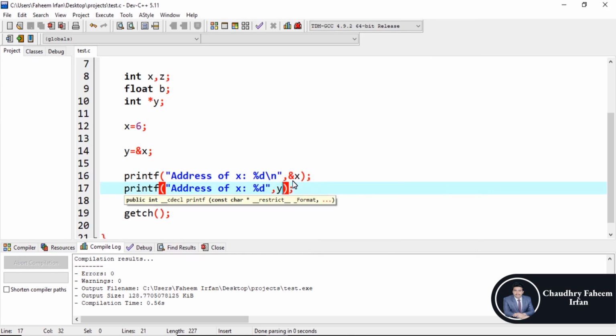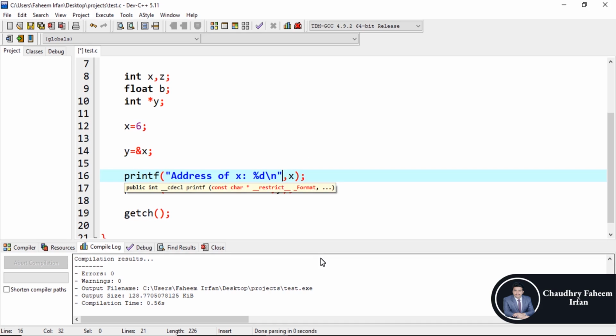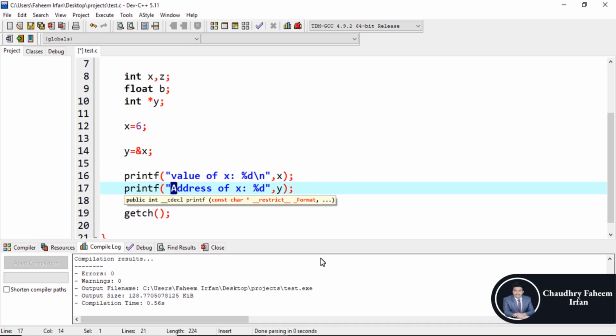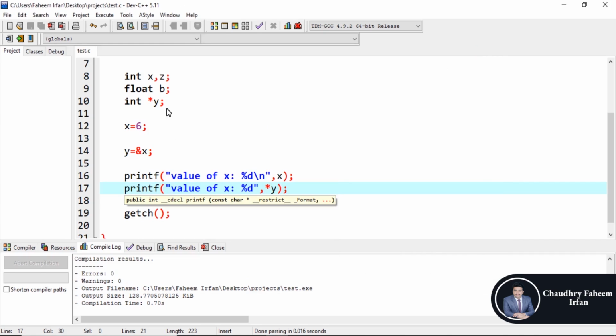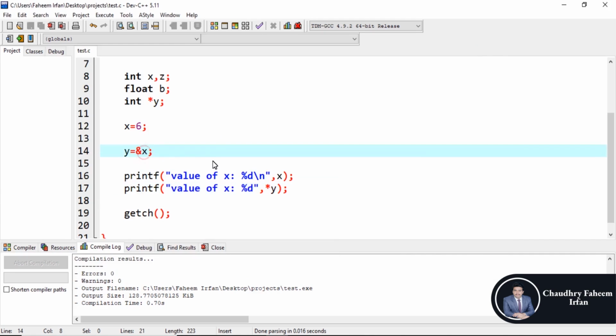So you can display the value of x, which is the same. So by using the asterisk we can get the value of x. Value of x is 6, value of x is 6, but we cannot store the address of b into y